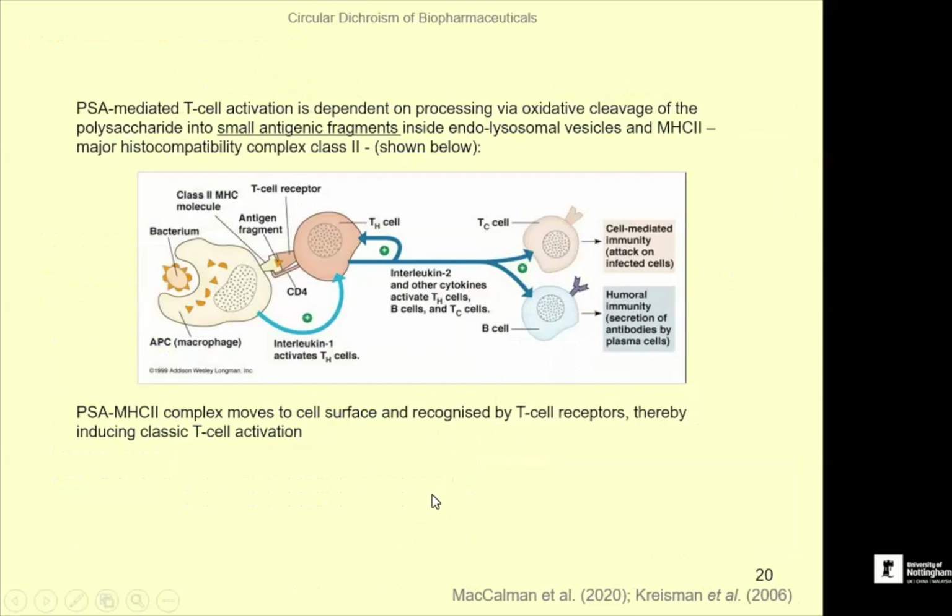And CD, as you might imagine, plays a role in answering that question. So just to remind you about T-cell responses and B-cell responses, are you familiar with the difference? If we take our bacterium, Bacteroides fragilis, that's producing PSA on its surface,